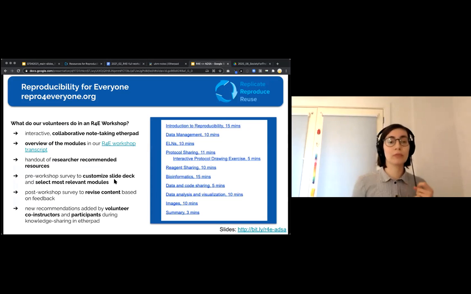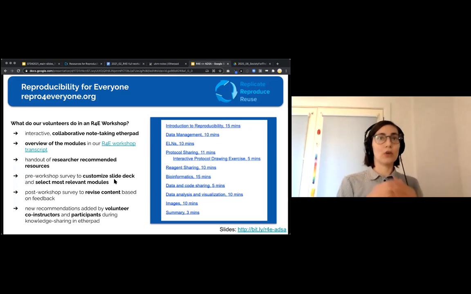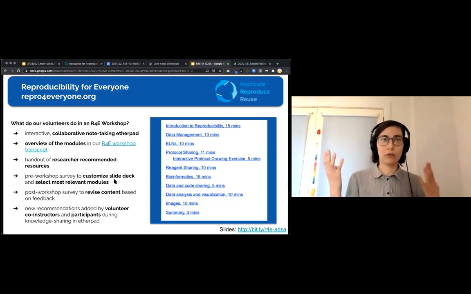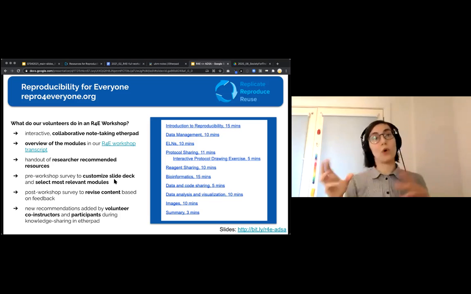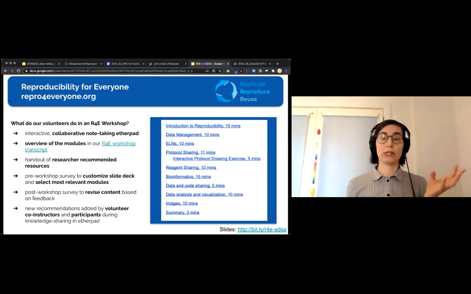So what happens in a workshop itself is we usually have 4 volunteers, so that no one is doing a heavy lift because they're all volunteers and they don't have the time. And they each take 1 or 2 modules. Each module, as you can see, these are the core modules that get run regularly. We have 10, 15 minutes for each module. And then we have an